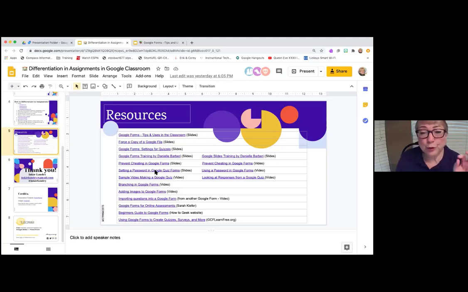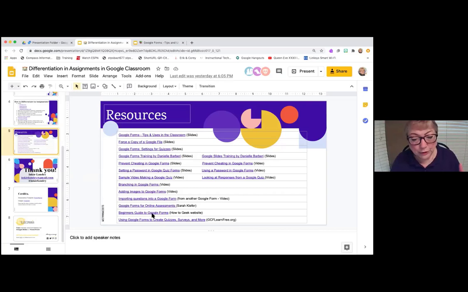Apparently some students figured out that when they're taking a quiz, if they right click on the white part of the quiz form, on the side, the source code will come up, and they can scroll through the source code and leave and see what the correct answer is that the teacher has put. So how to keep that from happening is here too. That's what the prevent cheating is.